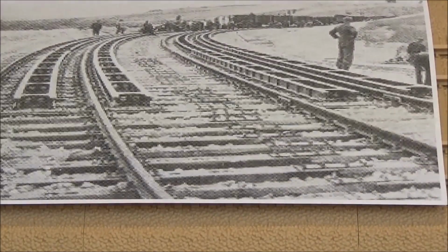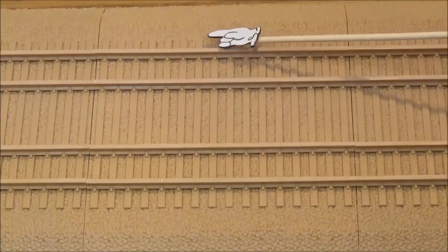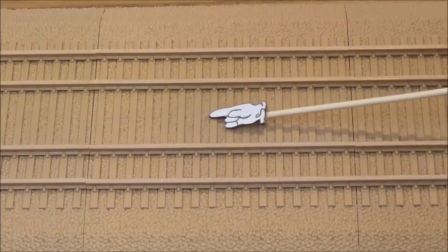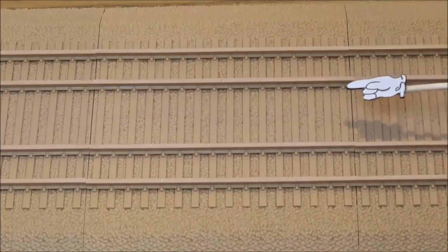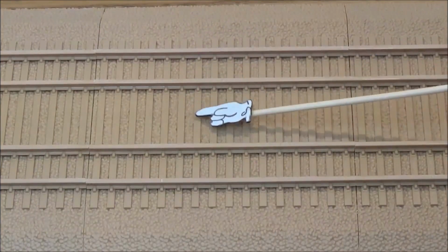Okay? So what that's telling me is this was not one big long railroad tie. It was 2 of them together, and they were jointed together down along the center. So now that turns it into a 14 feet railroad tie instead of 28 feet long. So what I'm going to do,